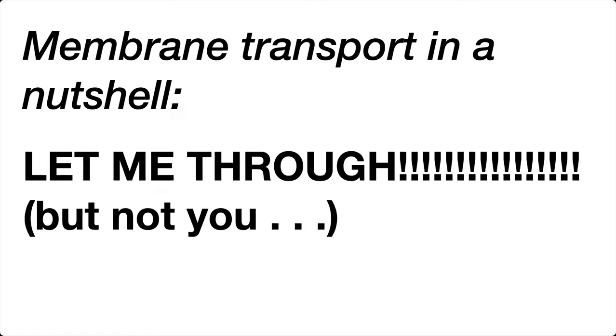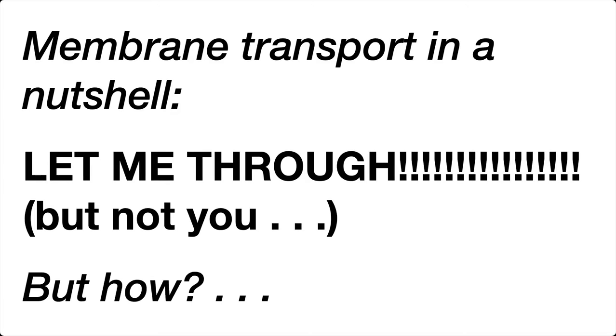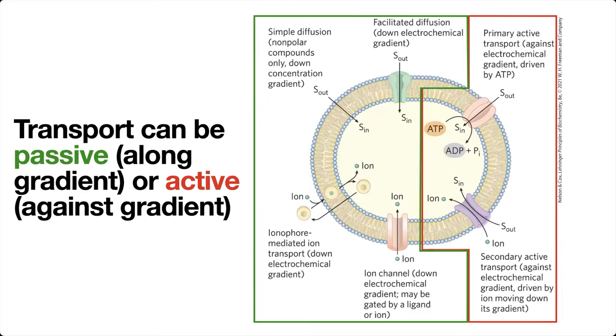Not only that, but we have to let certain things through, but not other things. Otherwise, it wouldn't be very helpful compartmentalization, right? So how are we going to do this? Well, like most things in biochemistry, it depends. It depends on a few things. One is going to be the properties of the molecule, so the chemical properties: how hydrophilic is it versus hydrophobic? How big is it? And the other is going to be whether we're moving along or against a gradient, or